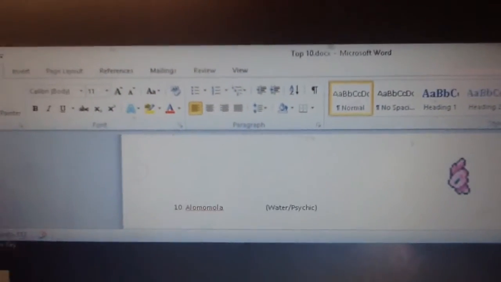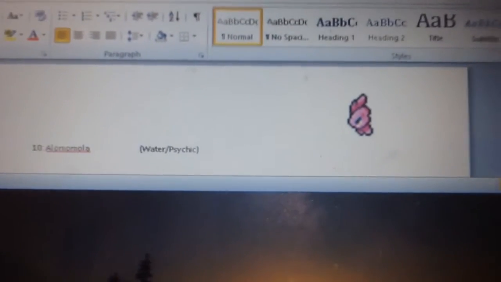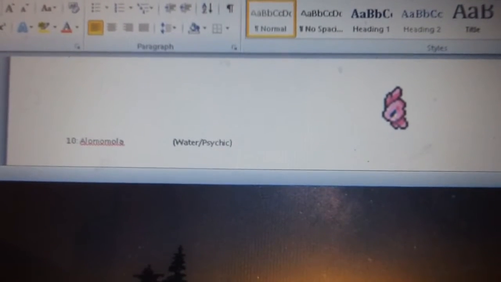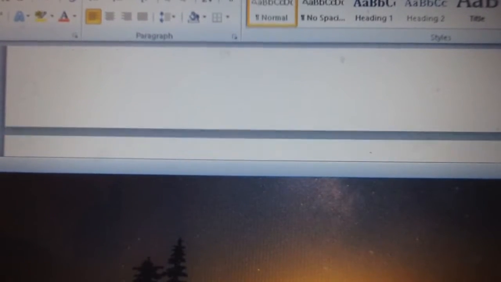Because considering the fact that, well, would you really want to have an Alomomola that's a plain water type that's going to get knocked out in one hit? Let's be real about this, okay? So that's actually number 10. Number 9 is going to be